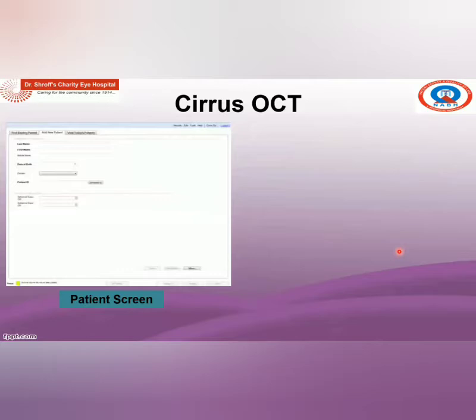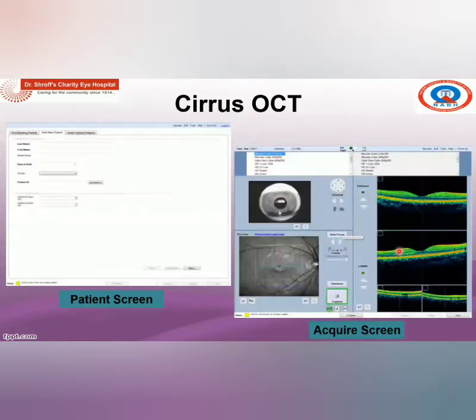The second one is the examination window, how to take a scan. We have different examination patterns like macular cube, HD, one line, twin line, and cross line scan, and we have several other functions added in this OCT machine. One is tracking, real-time tracking. Suppose the patient is not looking at the fixation target, we will get much reverberation, and the noise will be higher. But in case of a Prism OCT machine with real-time tracking, it will capture only those scans when the patient is fixating at that particular point. It will neglect those other scans.